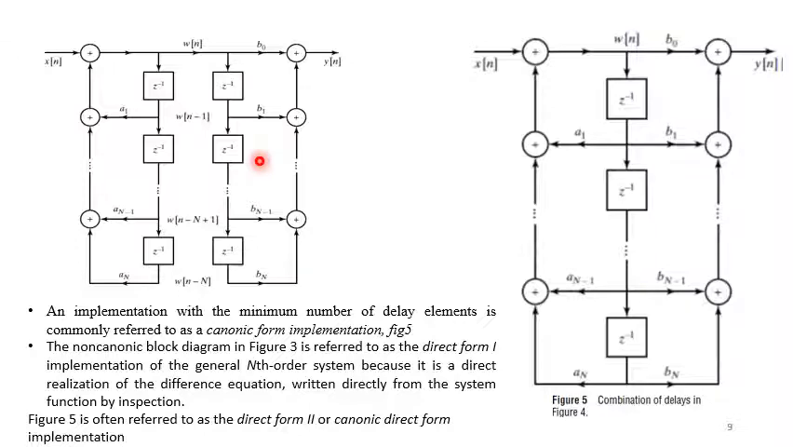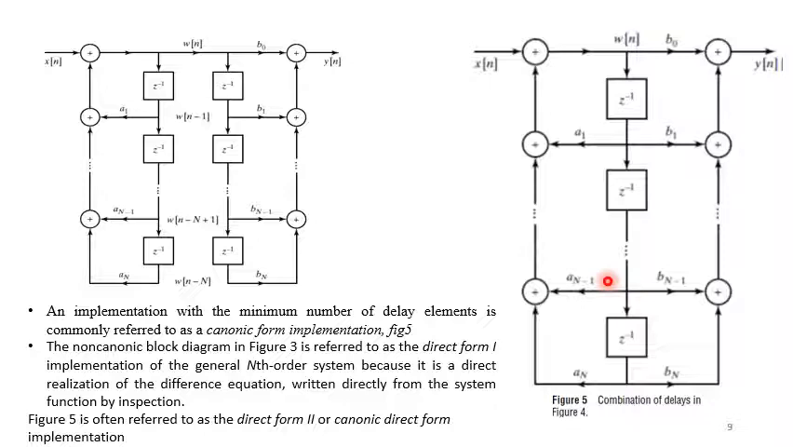So definitely you understand that the two systems are performing the same function, but the one with the minimum number of delay elements is definitely preferred. The implementation with the minimum number of delay elements is commonly called a canonic form implementation. So figure 5 shows the canonic form of implementation of the block diagram. The non-canonic